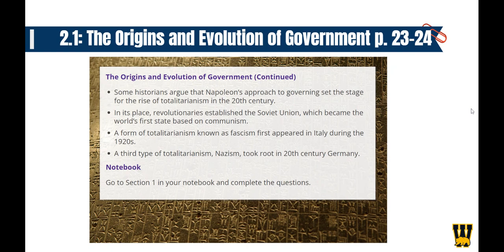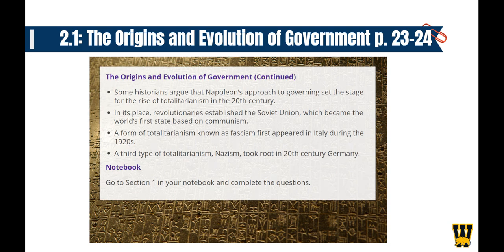Okay, so this is the last slide for the notes. So some historians argued that Napoleon's approach to governing set the stage for the rise of totalitarianism in the 20th century. He wanted total control. He often had the French people spied upon just to see if there's anyone trying to overthrow him. But then his grasp of power eventually fell as well. So in its place,